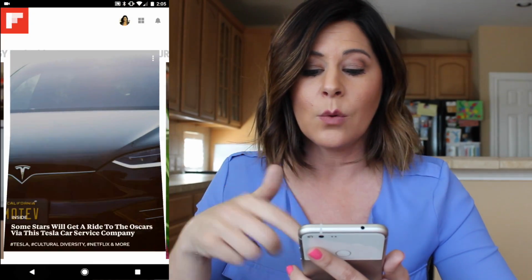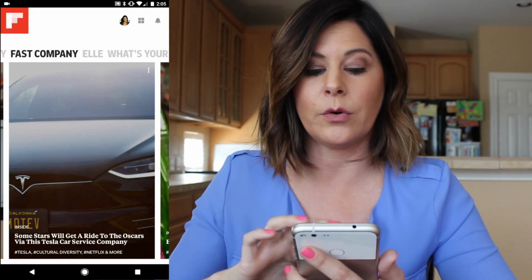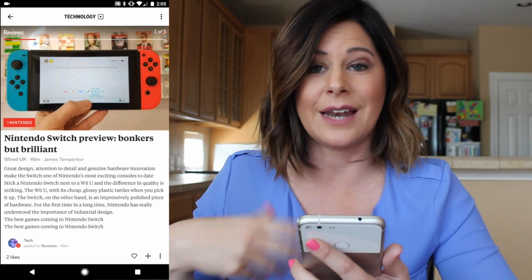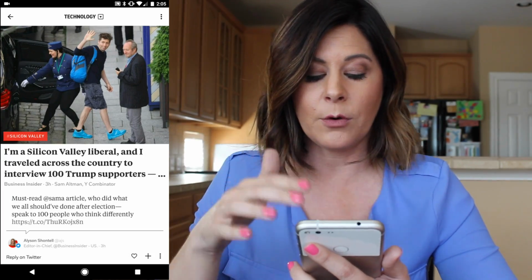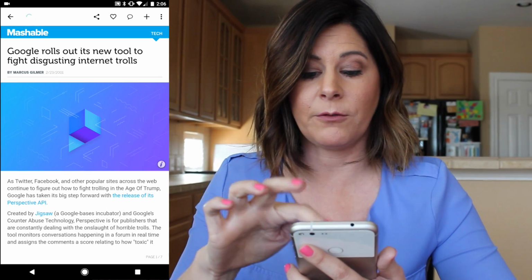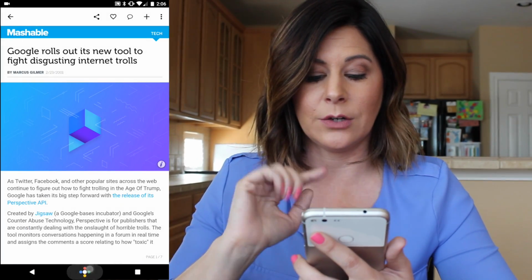They actually just went through and redesigned the app, so it's been beautiful to go through, and like I said, this is one of the best places that I find all of the different news that is happening, and this helps me keep up with everything. So this is a great way where you can open this up and then you can share it from here